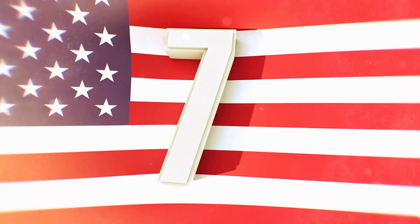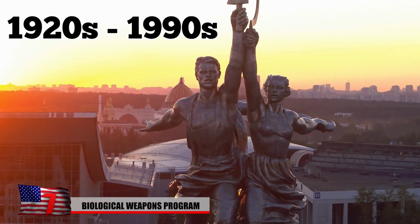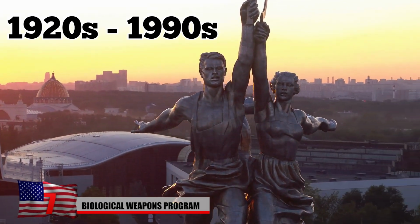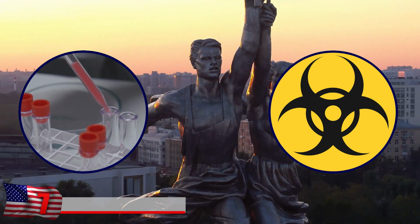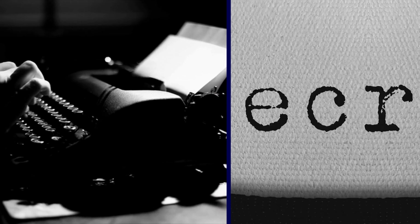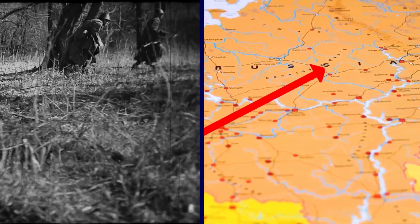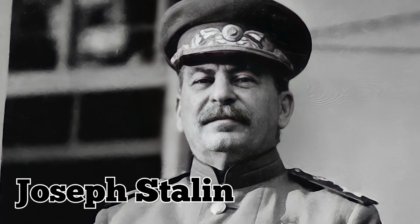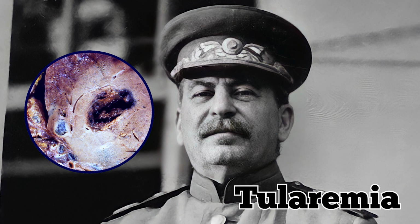Number 7. Biological Weapons Program. From the 1920s to the early 1990s, the Soviet Union carried out the longest, biggest, and most sophisticated biological weapons program of any country ever. It was, and still is, extremely secretive, so the Western world knows limited details about it. As Nazi Germany advanced into Russia in 1942, Joseph Stalin may have used tularemia, also known as rabbit fever, against